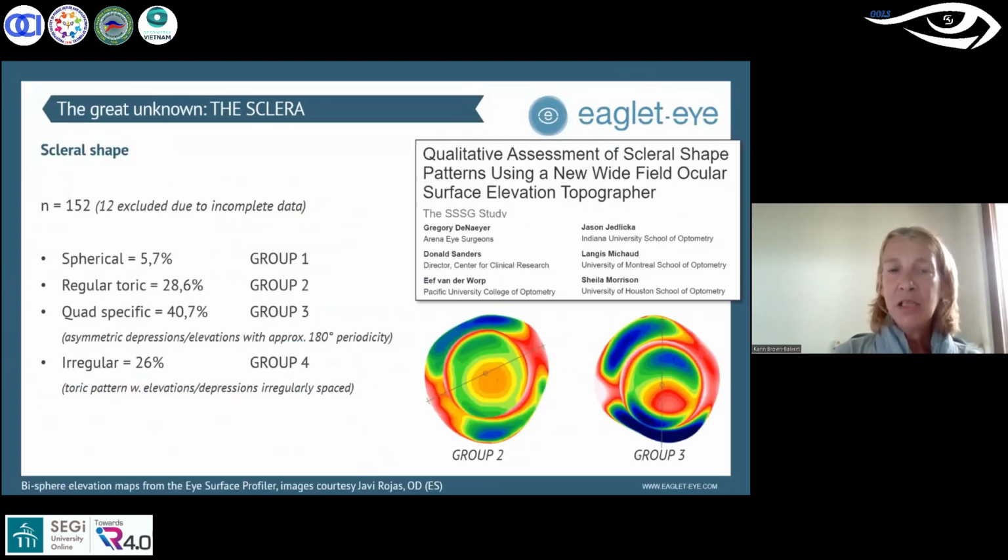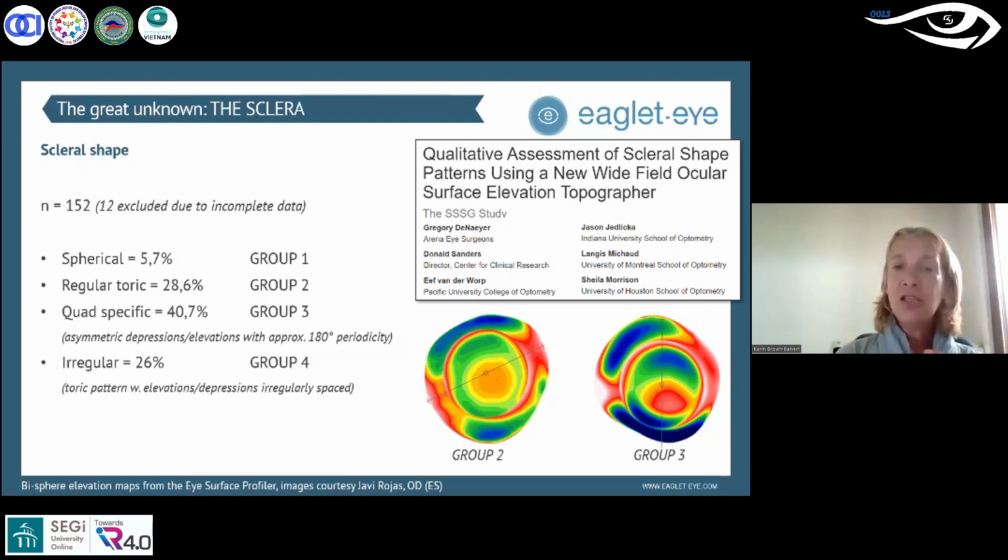So a slightly more basic study was done on the assessment of the scleral shape, using a new wide field ocular surface elevation topographer, so we're talking profilometry. There were 152 subjects, 12 had to be excluded because there was incomplete data, but through this study they found that there were different groups. Of course, you've got your spherical group, you've got your regular toric groups, you've got your quad specific and irregular. And as you can see here with this study, spherical is really only 5.7%. So the regular toric comes up at 28.6% and quad specific